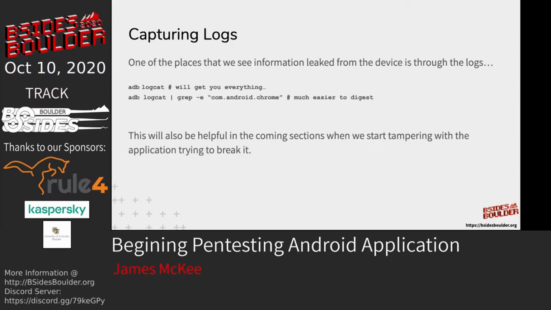Once you've got ADB installed and you've got it working properly, we can do logcat. Logcat is going to give you debug messages for everything that is currently going on the device. And this is very, very noisy. So what you will want to do is, instead of getting a logcat of everything on the device, grep that and limit it down to the package name. And you'll notice here I've called out